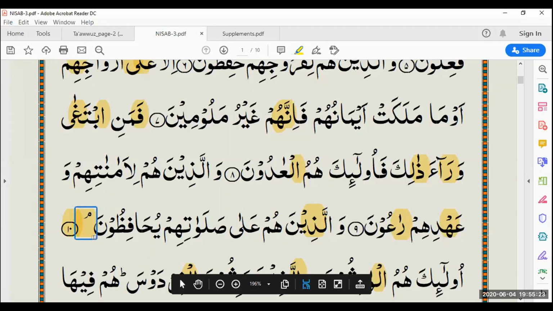I think it's waqf lazim. This meme, is it? Well done, excellent. So the name of this meme is al-waqful lazim, which means that you have to